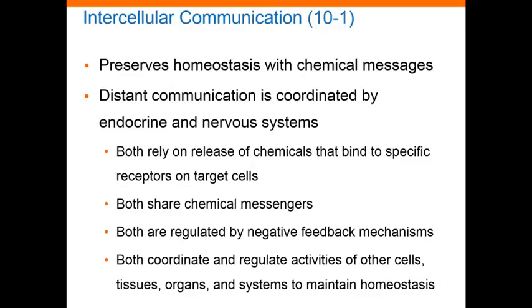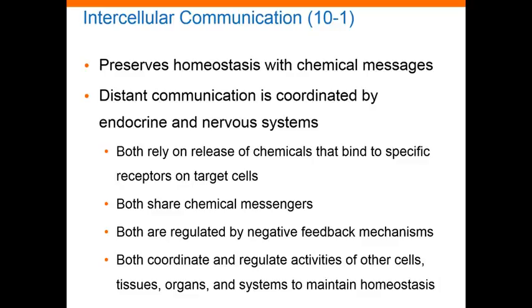For such large multicellular organisms to maintain homeostasis, every cell in the body must communicate with its neighbor, and with cells and tissues in distant portions of the body. Now, cells cannot talk to each other, so most cell-to-cell communication is done through chemical messages. Distant communication is coordinated by endocrine and nervous systems. The nervous system is fast, with very specific but short duration, and the endocrine system is slower, releasing hormones into the bloodstream that bind to target cells and have a much longer duration in its effects.